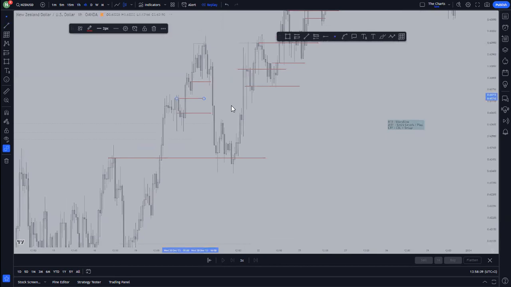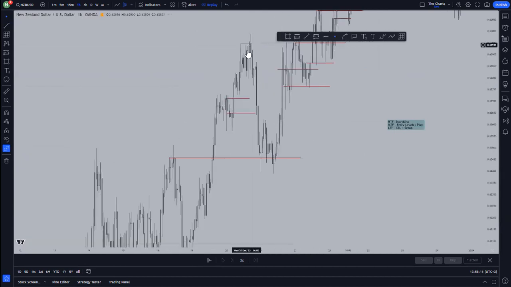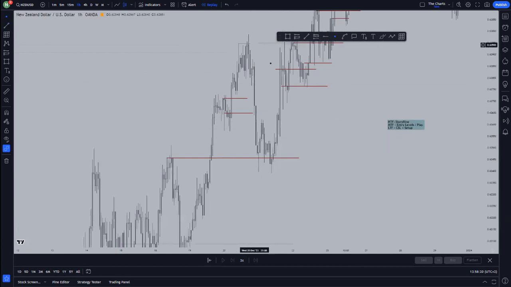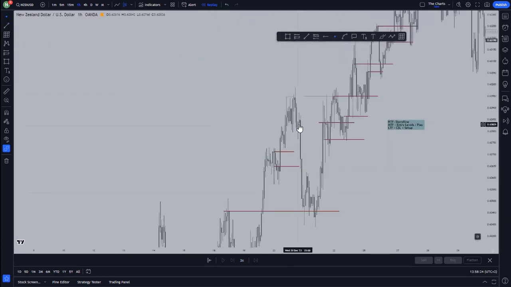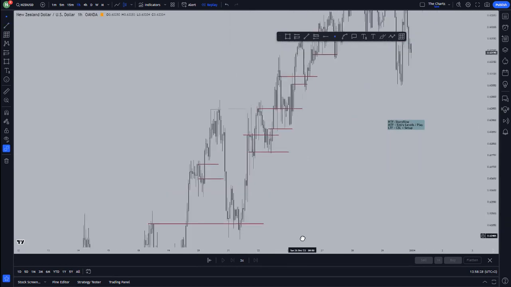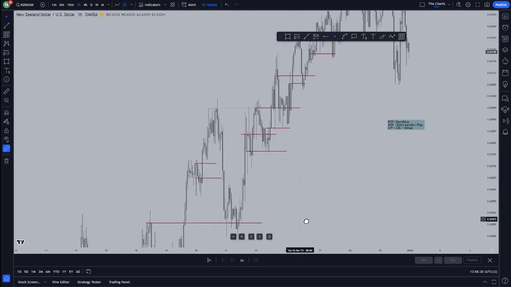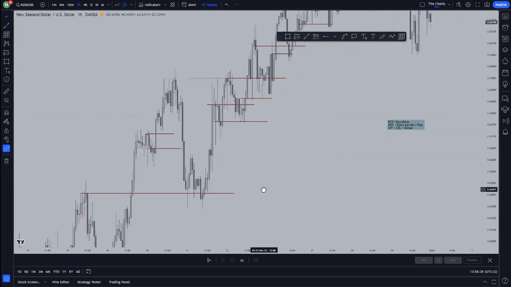This one, let me see. Okay, this one is out too. As you can see, I've filtered out. So you could have actually got a couple of losses, 3 to 4 losses and so forth. More than that, but now as you can see here, you could have actually got 2 or 3 losses, actually 2 losses that would have capitalized on these buys going to the upside. And as you can see, it has losses like every strategy.